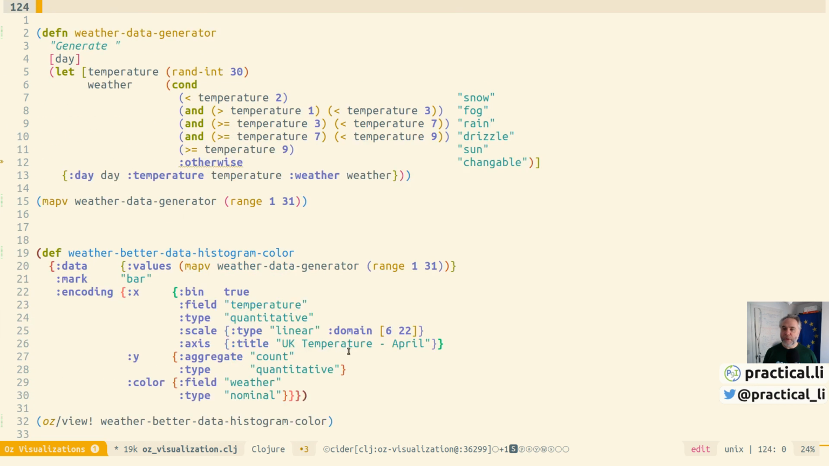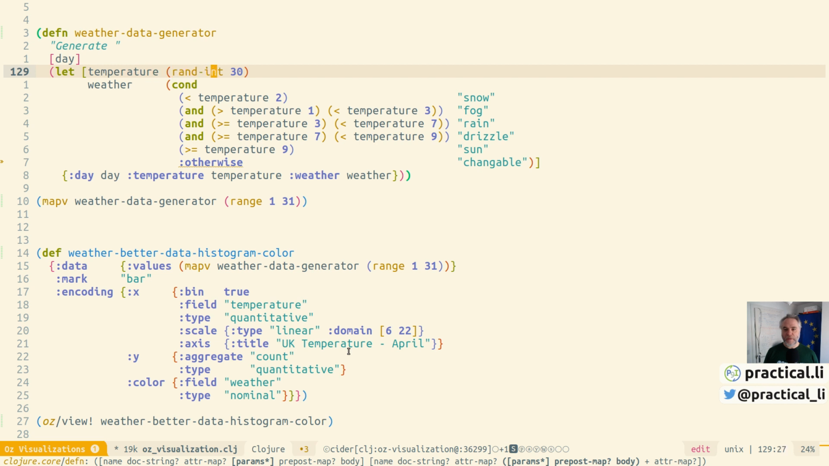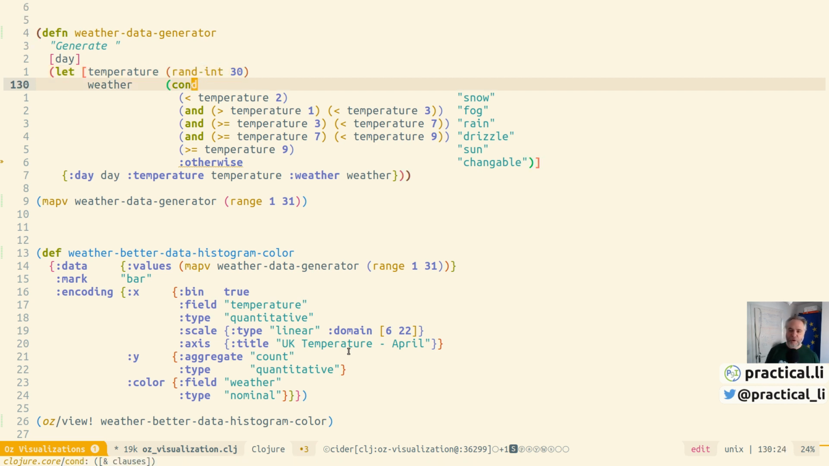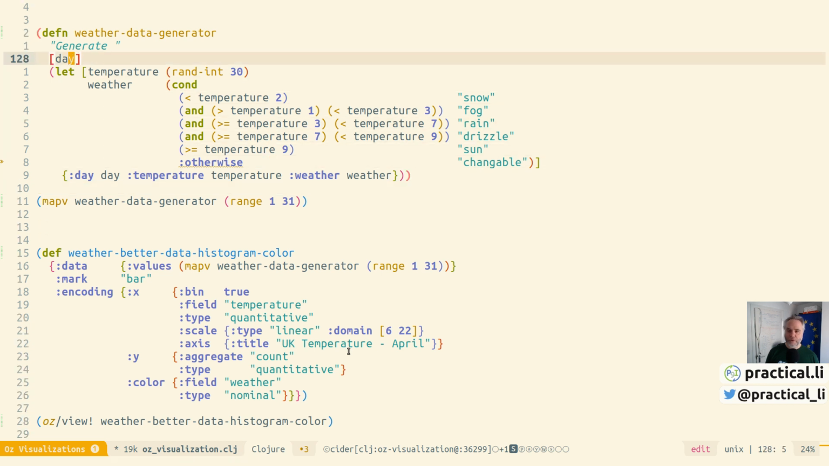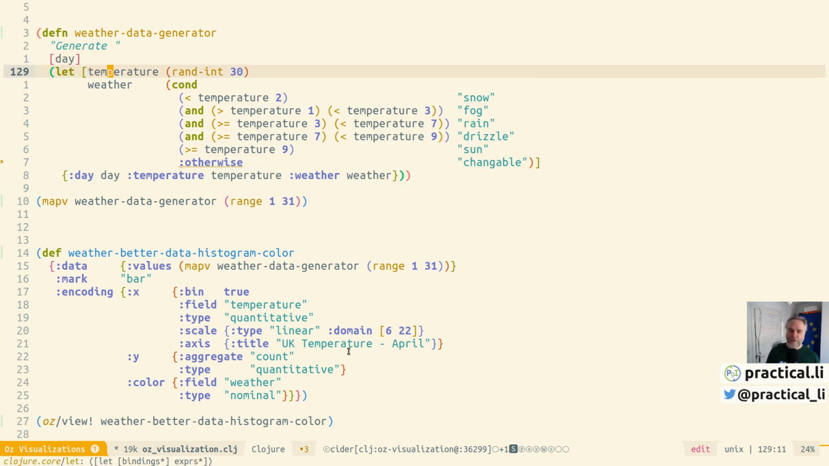Where are we going? Oh yeah, so the temperature. We're going between 0 and 30 as well. So that's going to generate a between 1 and 30. Sorry, when we're actually generating. Oh, that's the numbers, isn't it? Yeah. So the temperature is going to be between 0 and 30, which might be a bit optimistic for April. But then that's why the